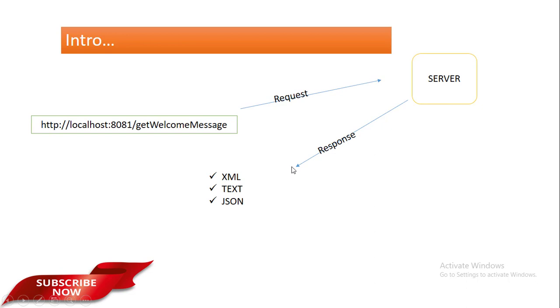This response can be in any format. If you want the response in XML format, it should be written in XML. If you want plain text format, it should be written in plain text. If you want JSON format, it should be written in JSON format. It depends on you. We will see in the next concept how to generate responses in different formats, how to configure multiple endpoints, and all the advanced related stuff. This is our basic video on how to create a Spring Boot REST API.